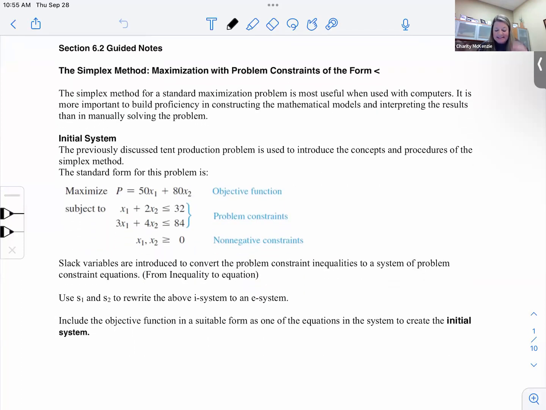The system that we're going to start with, that I'm going to do a big example through, is one that could be solved with the geometric method, but we're going to use the simplex method because it has a pretty answer and it's a pretty problem. We'll do harder simplex problems as we move along in this chapter. So the initial system here is,